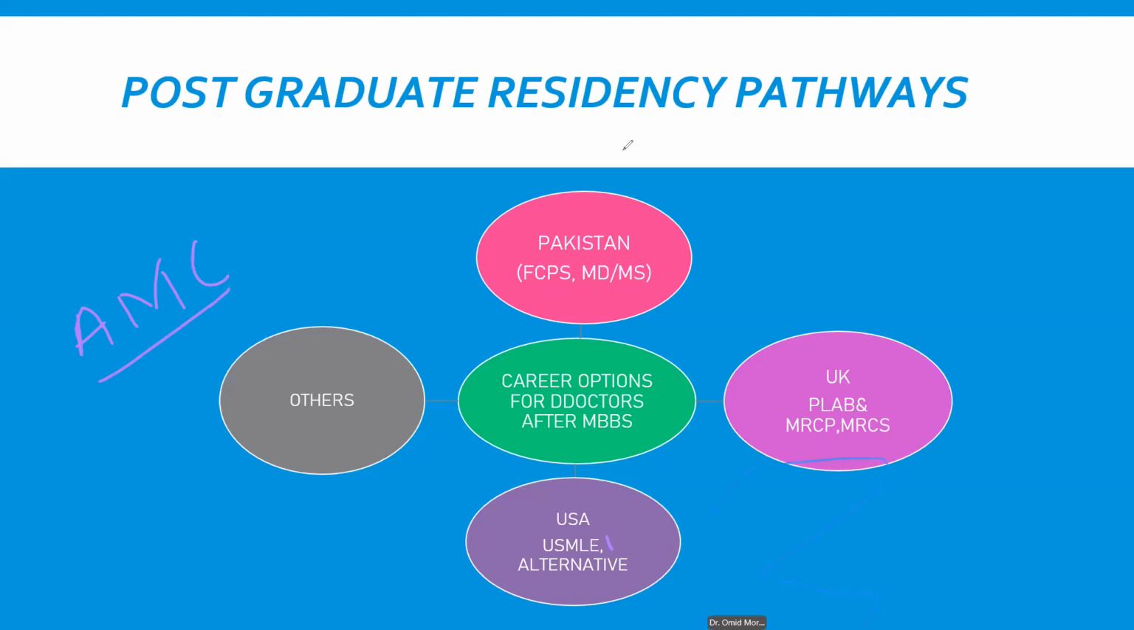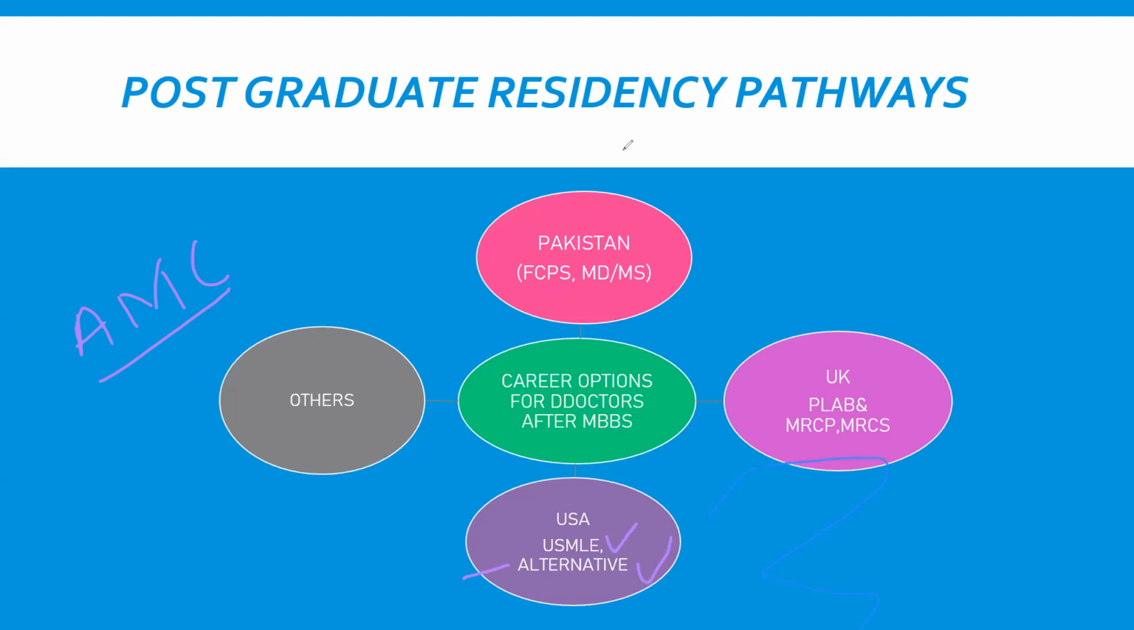And here in USMLE, we have USMLE, and one is another alternative pathway. An alternative pathway: what you do is practice in your home country, you complete your specialization, and then you have to clear USMLE steps, step 1, step 2, and step 3, and later on you can apply for fellowship there. You apply for fellowship in the United States, you go to the United States, you do your fellowship 2 or 3